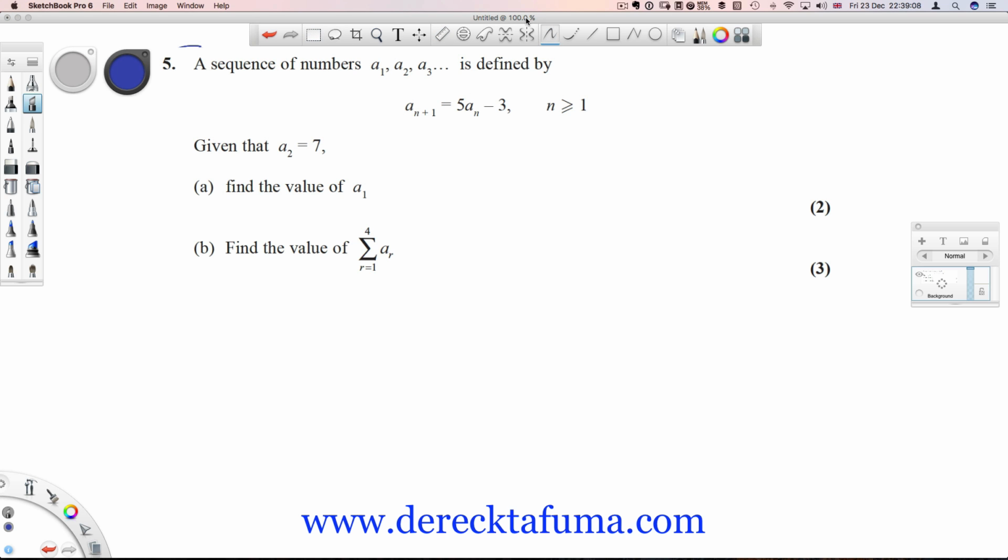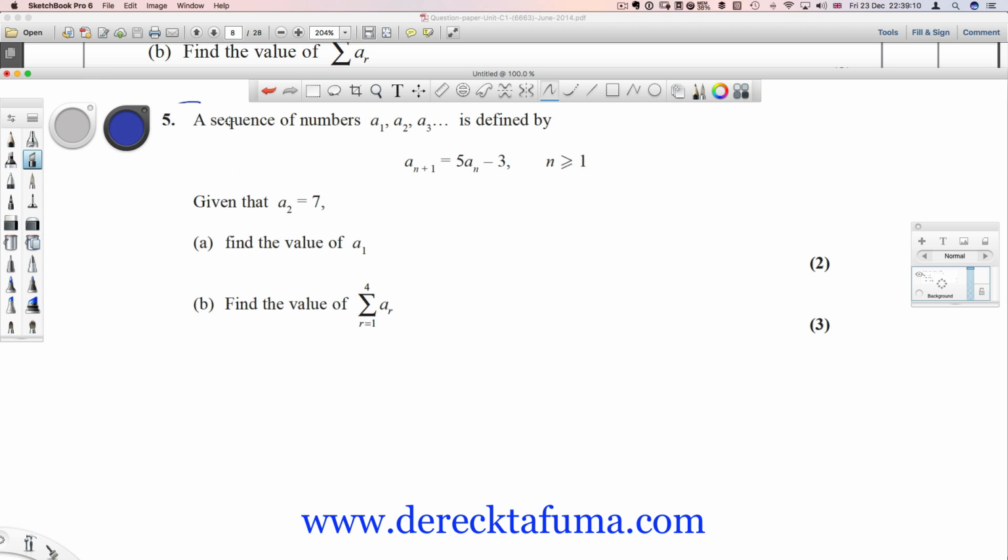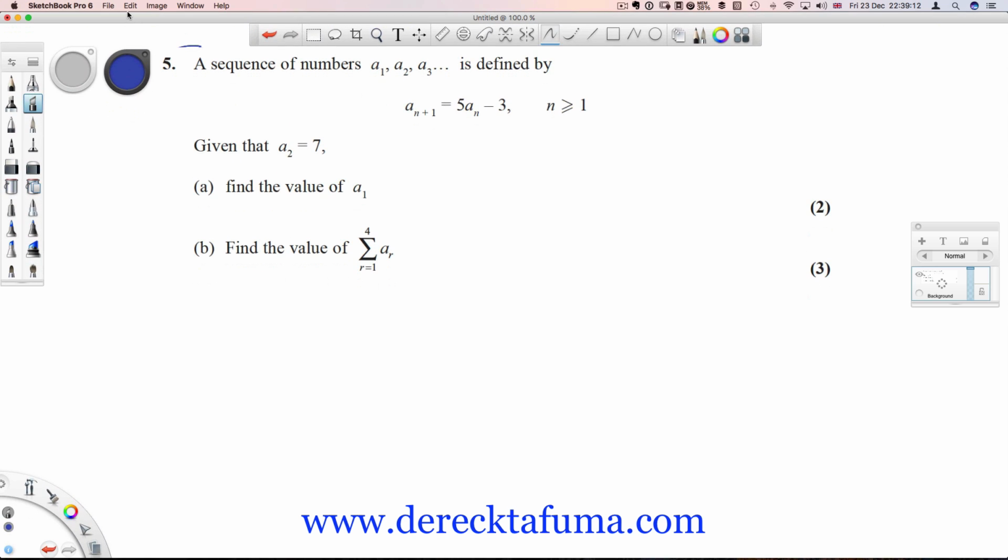the question reads: a sequence, let's pull this back up, a sequence of numbers a1, a2, a3 is defined by a sub n plus 1 equals 5 a sub n, take away 3 for values of n greater or equal to 1. Okay, so you're given that a2 is 7,